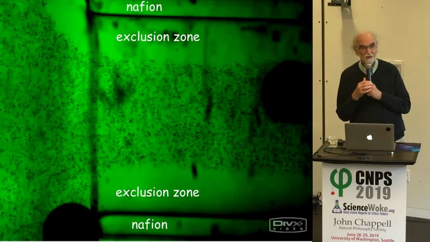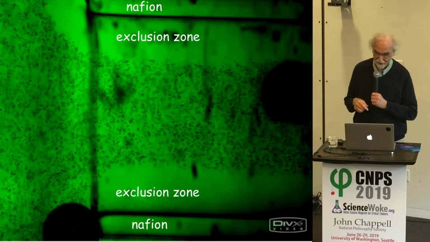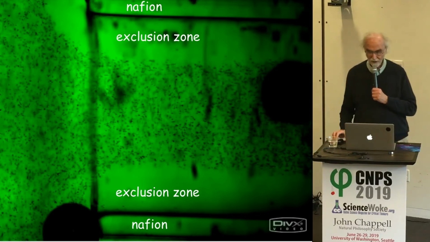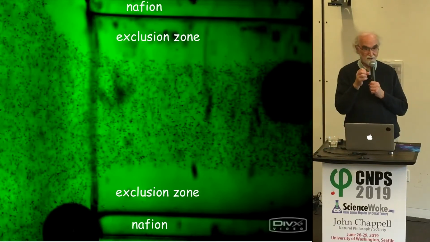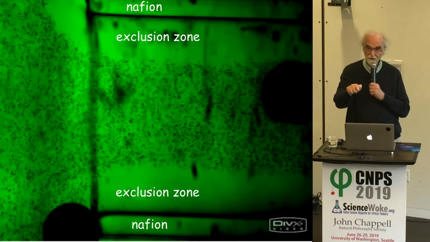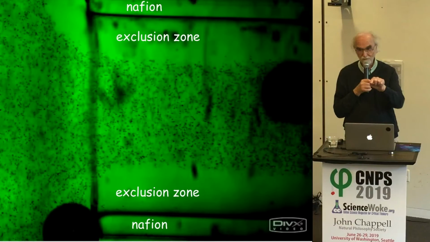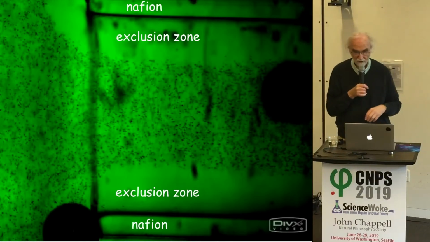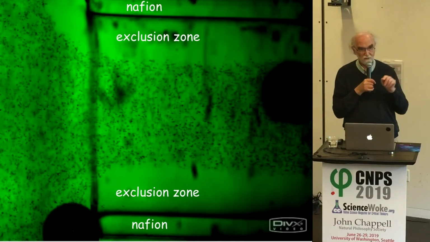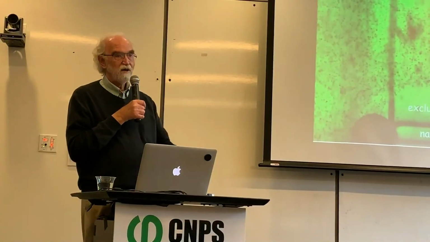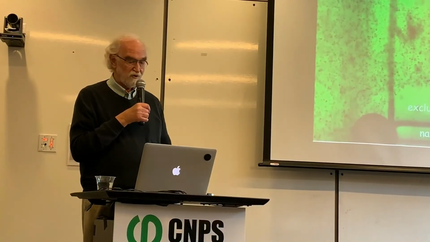How do we make it? This was another ingenious idea of one of the students. Take a gel, and as the gel is gelling, you put a wire in, and when it gels, pull out the wire, and you're left with a tunnel. So we had a gel that was kind of a block like this with a tunnel running through it. And we take this block of gel with a tunnel, and we put it in a chamber that has water